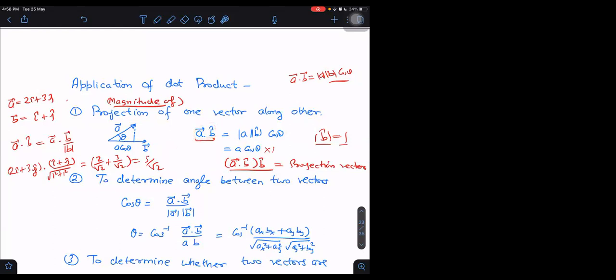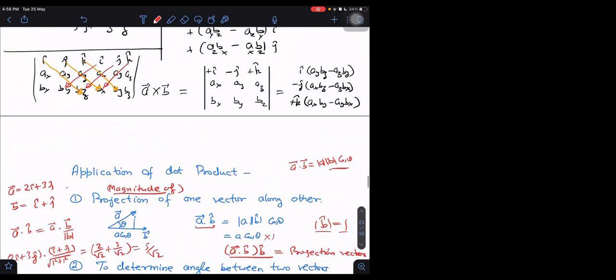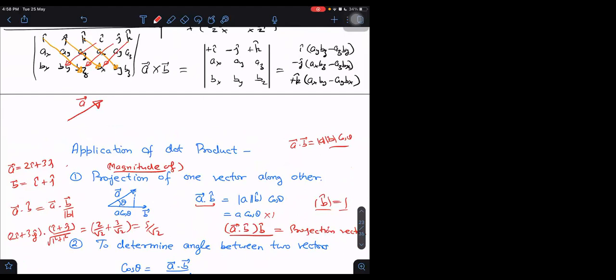Let me draw it here. This is vector A, this is vector B. If I take it and split it into components, let us say this component I want. This component can be regarded as component of A along B. But does it have a little arrow there or not? This arrow will be gone, because when I take A dot B cap only, then it is a scalar. It is just magnitude. But I want direction also. So direction I can multiply with B cap again to give the direction. So this is projection vector. And just this thing is magnitude of projection. A dot B cap is also enough. That is magnitude of the projection.